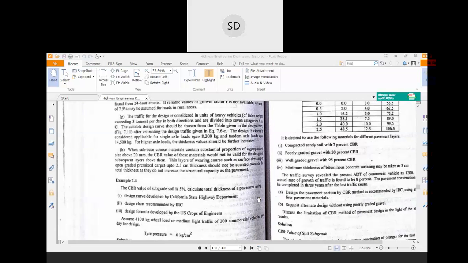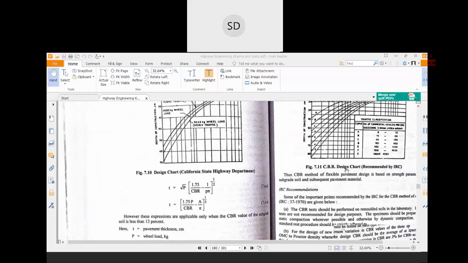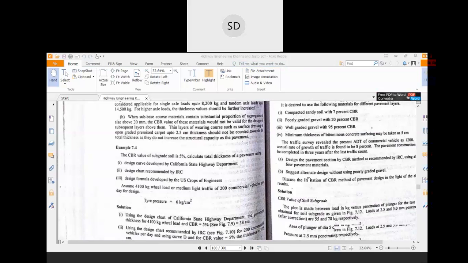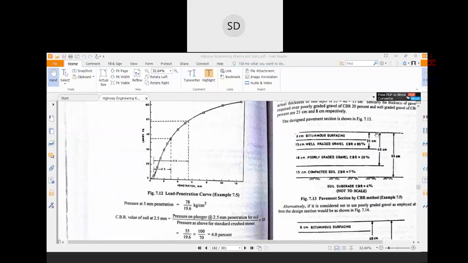Okay, so after that another layer is there, that is well graded gravel with 95% CBR value. If you are taking that well graded gravel with 95% CBR value for the base course, in that case again you have to go to the chart and find where the 95% CBR value is, and find at which point it will intersect. It will intersect like here. So in that case your total thickness from the curve is